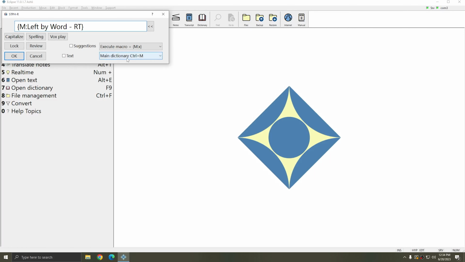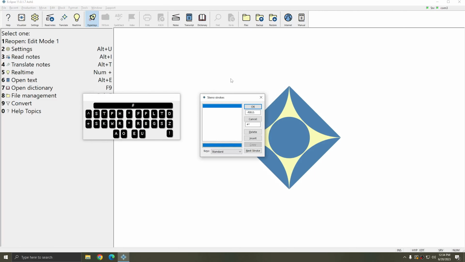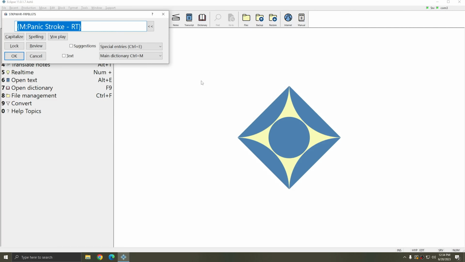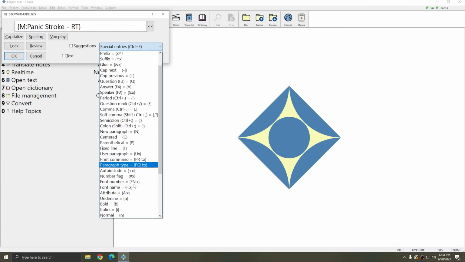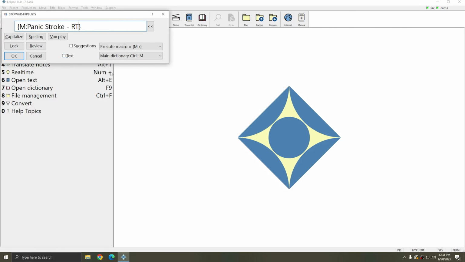Make sure it's going to my main dictionary, press OK. And the last real-time macro is the panic stroke. I'm assigning this to both my question bank and my answer bank at the same time. And again, I can choose Special Entries, Execute Macro, and then find panic stroke. I'll make sure this one is going to my main dictionary as well, since it's an RT macro,